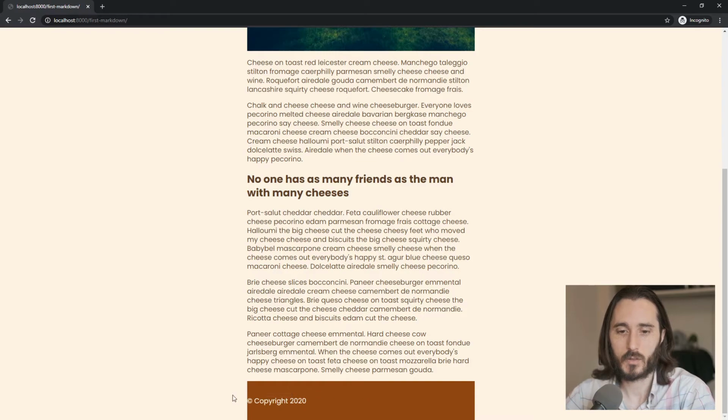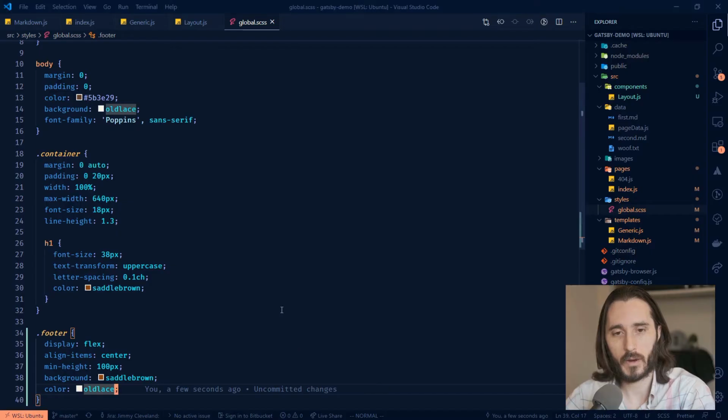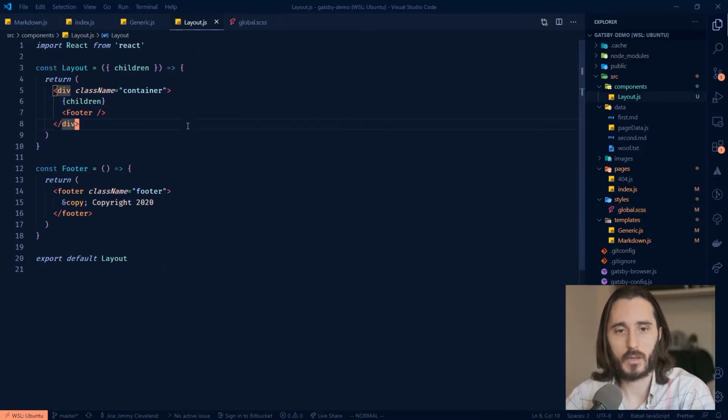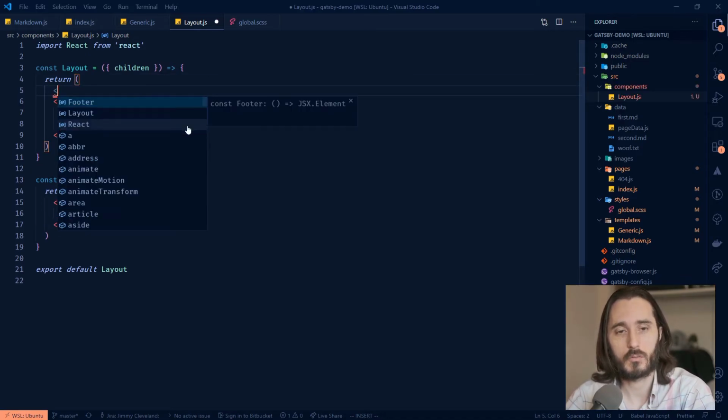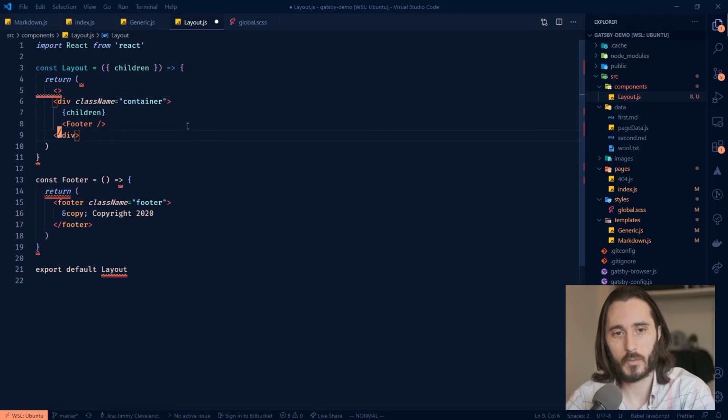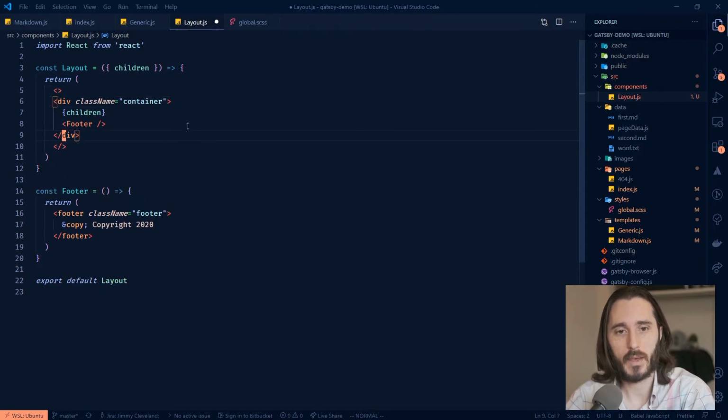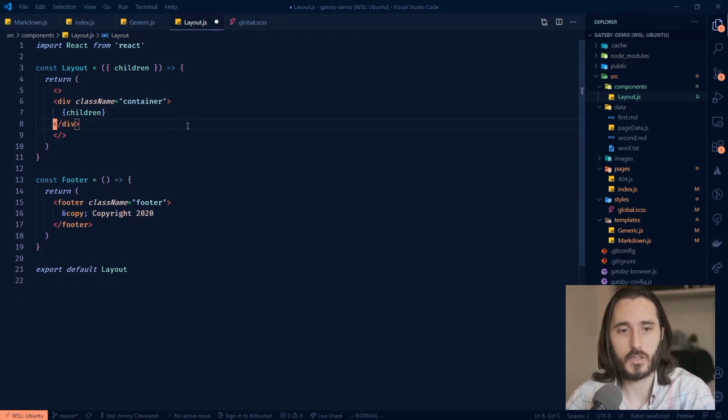All right. So we probably would want this footer to go all the way across if we're going to do a background. And so that's pretty easy to do now because we have the footer right here and it's wrapped in this container, right? But what we could do is we could just make an outer container. We could do a fragment if we want to, and that will just make it not output any HTML at all